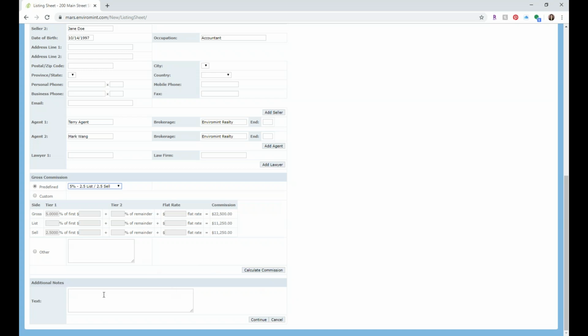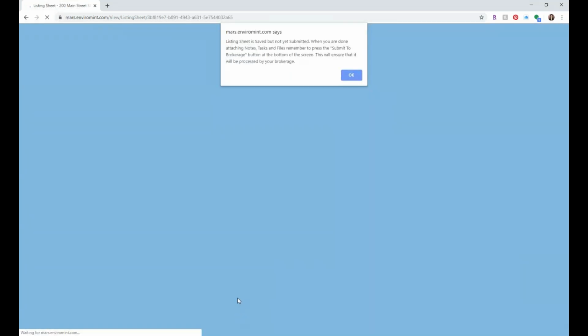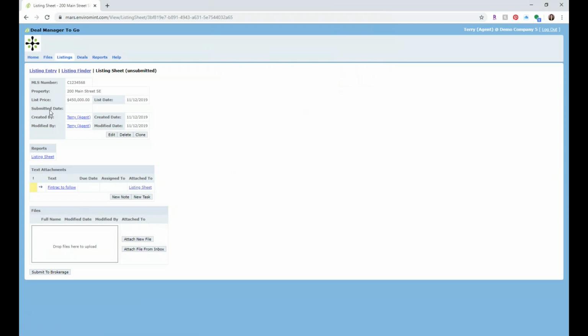There's some notes here. You can write Mark and Catherine a note if, let's say, you need something. If you know you're missing something, you can write FinTrack to follow. That'll let them know that you're working on the FinTrack, and you'll hit continue. And it says your listing sheet is not saved. When you're done, remember to hit submit to brokerage. So we're going to click OK here. So now we have an unsubmitted